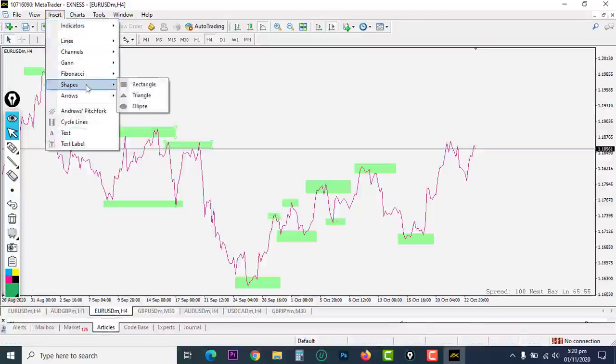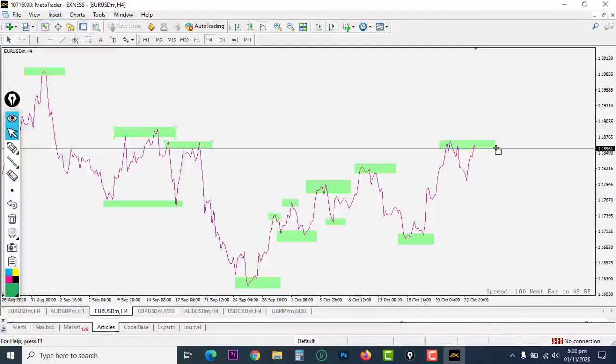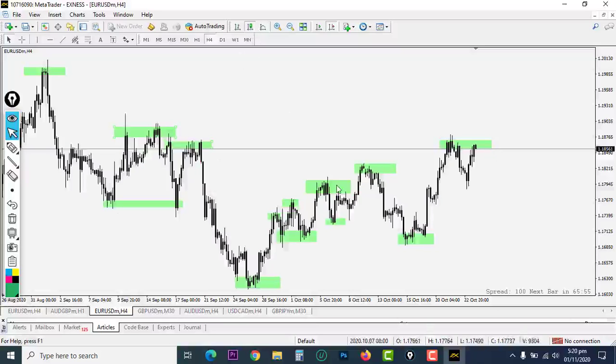And so having drawn your support and resistance level like this on the line chart, switch over to your candlestick chart, and what do you see? It is perfect, right? Beautiful, right? So this is basically how you draw your support and resistance level, and now you can confidently say this is